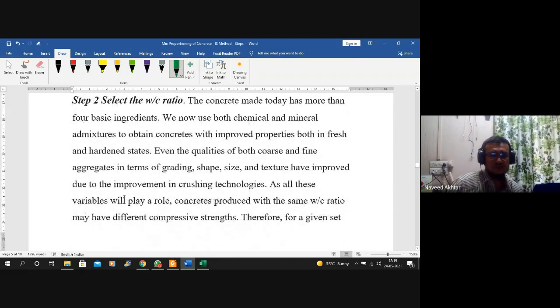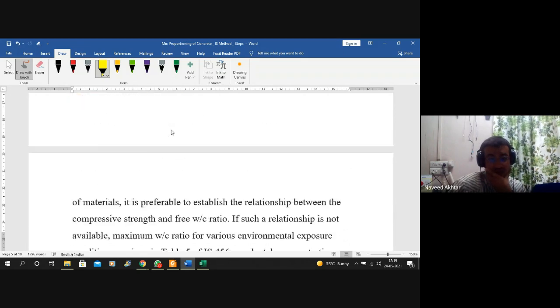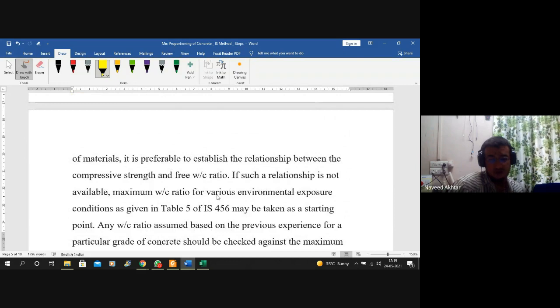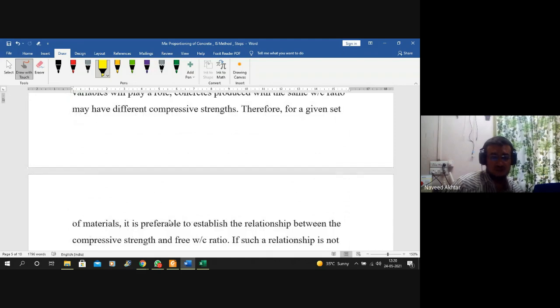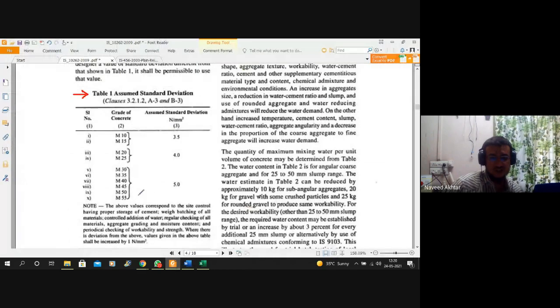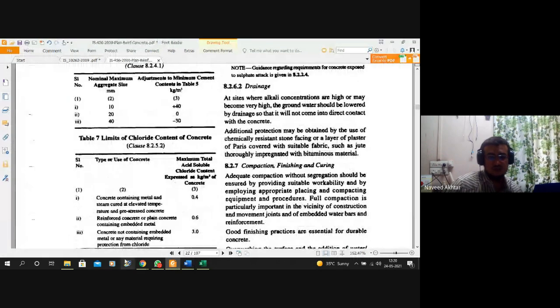In step number two, select the water to cement ratio. The selection of water to cement ratio can be done from table number 5 of your IS 456. Yesterday we have seen how to find it. For table number 5 of IS 456, you can see, based on the exposure